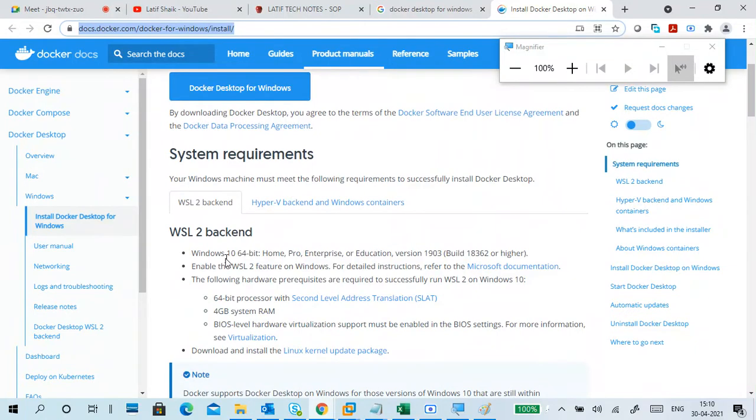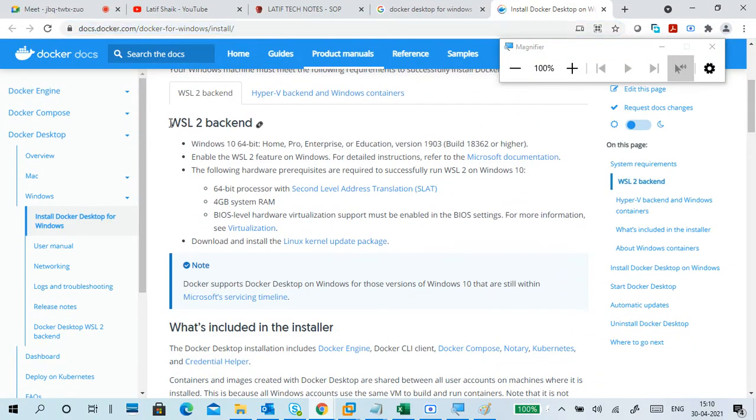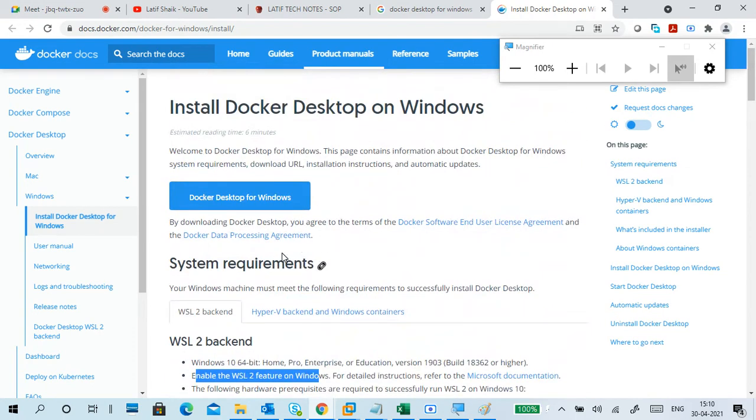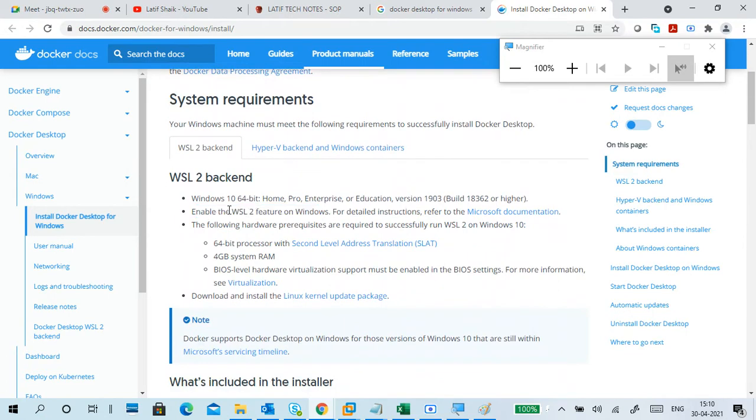Somewhere we got it. This system, WSL2. Okay, so this is enable features, and for details we can go for this one. So what is this?